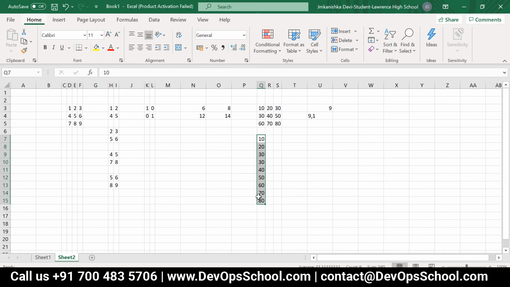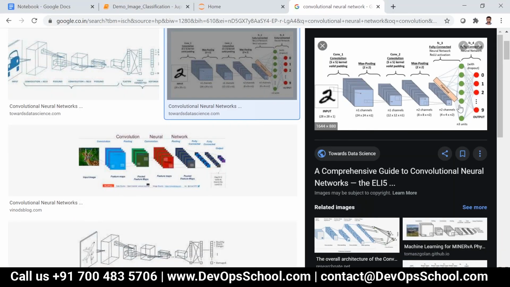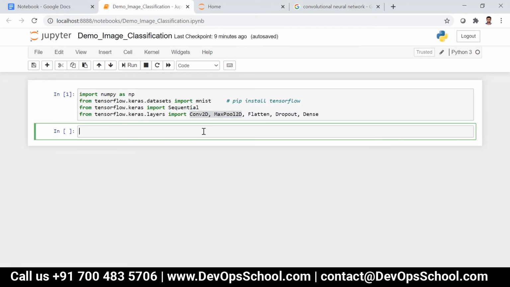This will be sent to each and every hidden layer. So over here I have 4 by 4. Now it will be reshaped to 16, 1, that is 4 into 4, 1. And then finally we'll get the output. This is the convolutional neural network, which is used for image classification. Now let me show some demonstration on this. First we are going to load the data set.